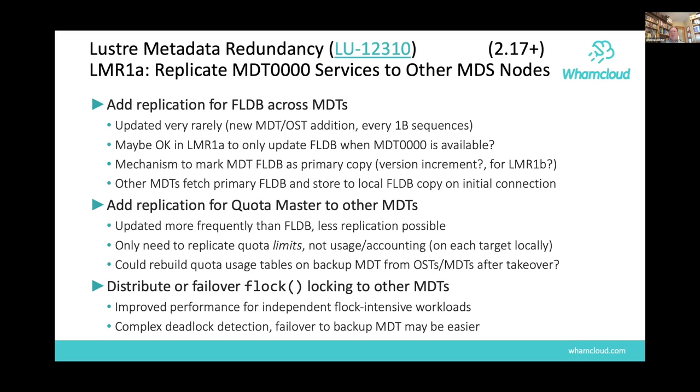It's had some issues that have been worked out, and most of the fixes I think are in 2.15. But the metadata redundancy is something that really needs to be addressed to make Lustre more robust,